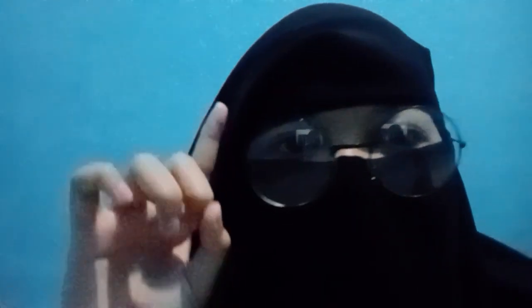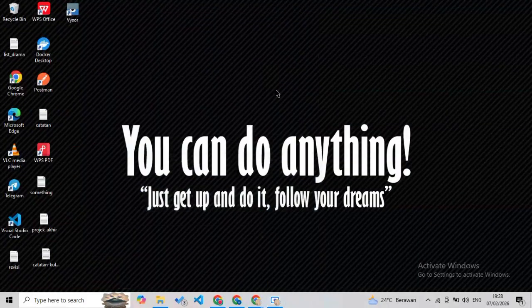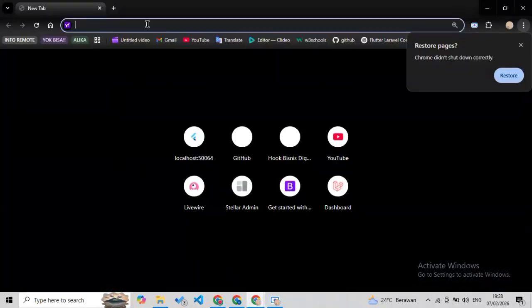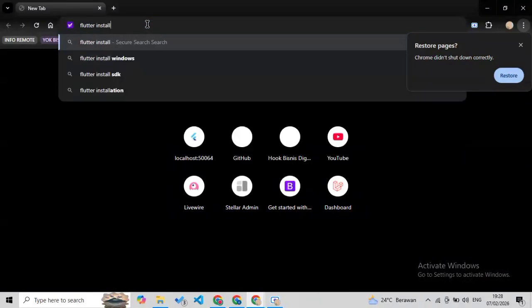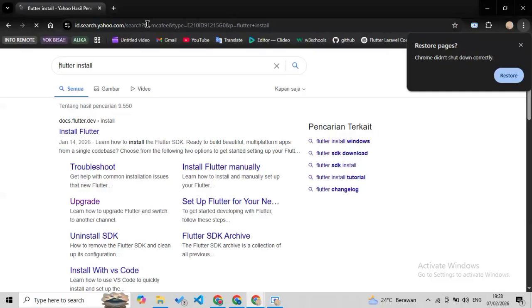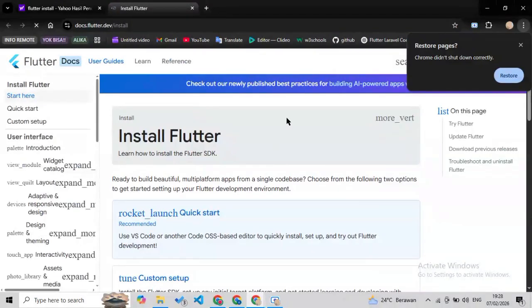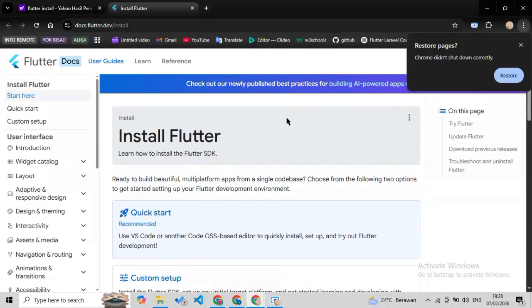Okay guys, now let's start installing Flutter. First, open your browser, then go to the official Flutter website. I'm typing in the browser Flutter install, and then SDK archive.